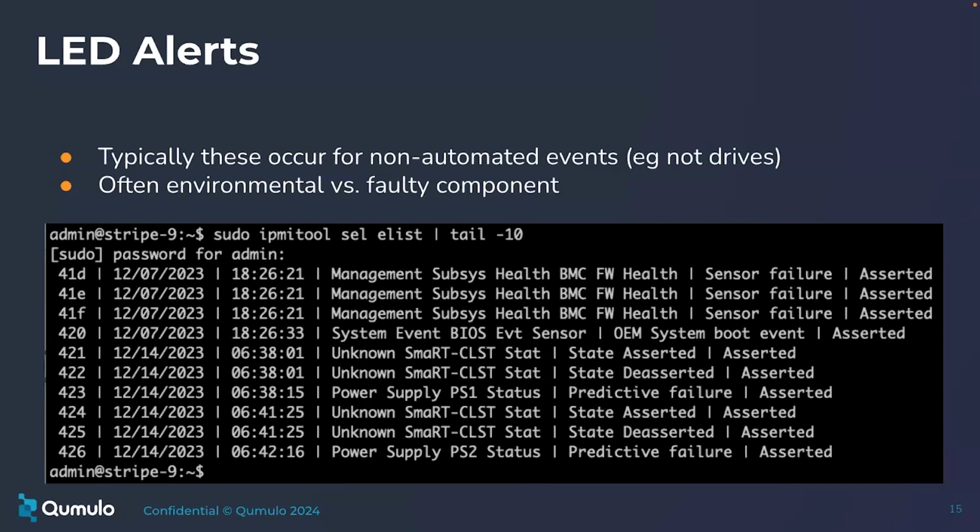So if you do see something like this on your screen here, where we have two predictive failures and this smart CLST thing, who knows what that's all about? At this point, I would be questioning the state of the cluster. I really would. Now, this should have also set off some big red lights on the front end of it,